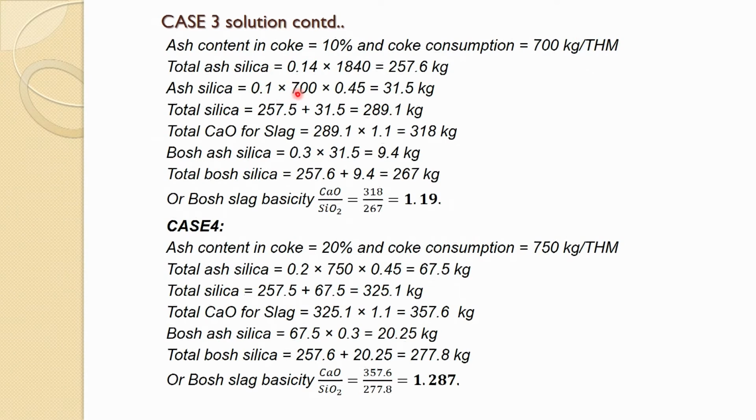So, 0.1 into 700 is total S, and in that S, 45% SiO2, multiplying with this gives you the total silica in the coke. Total silica in the ore plus coke is